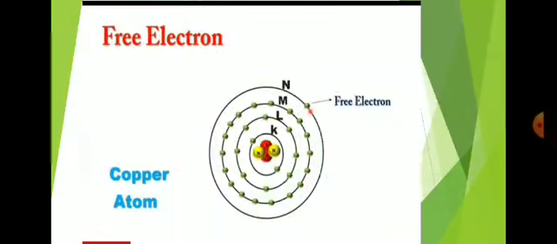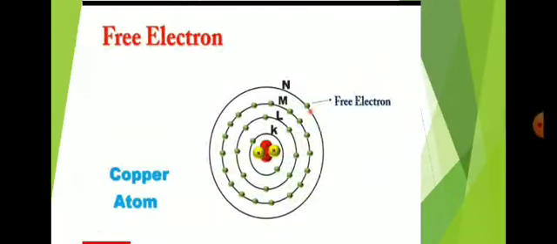An atom consists of protons, neutrons and electrons. At the center, the core, protons and neutrons are present. The combination of protons and neutrons is known as the nucleus, and the nucleus is a positively charged particle. Around the nucleus, electrons move. The electrons are negatively charged particles, and they move around the nucleus in orbits, having the shells K, L, M, N.